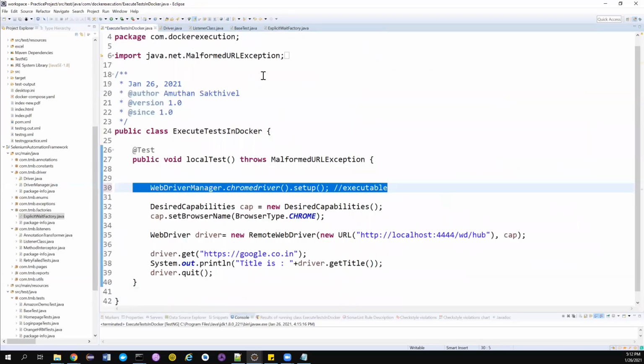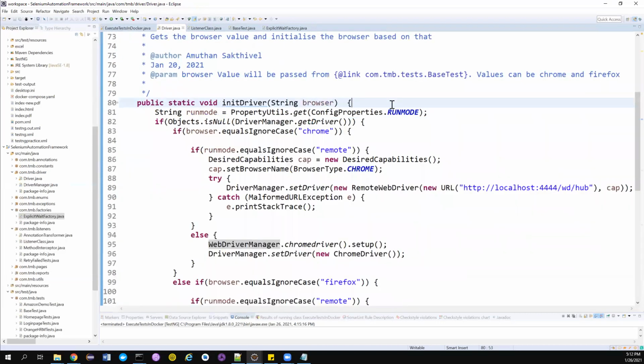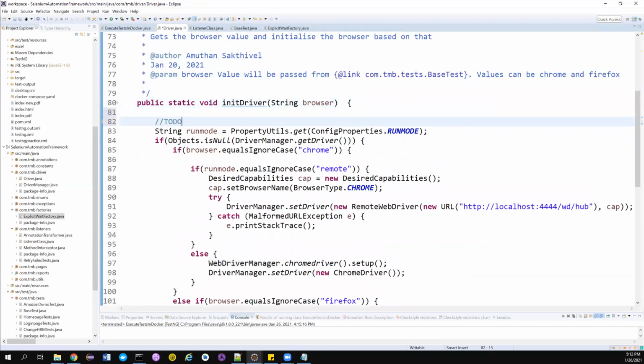So the first thing I have to add is a to-do: I want to explain why executables are not needed when executing in remote. So this one is a to-do on my task. I'll find the right time to implement this. It's not possible now because you will not be able to understand. So I'll find the right time to tell you why executables are not needed in this case.